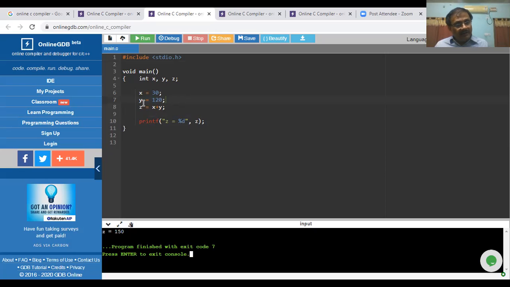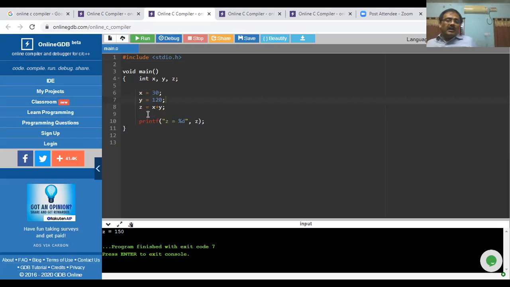It is not practical in the case where we are going to write lengthy programs. In the real time, a program may have even thousands of lines of code. In that case, going to the different statements and changing the assignment of values to the respective variables is a very tedious job.